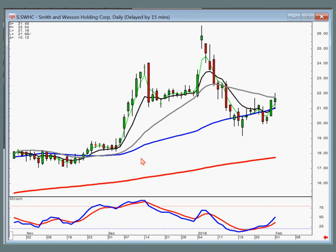Smith & Wesson. You can be buying this one right now. As you can see, there's nothing on this chart that gives you any great advantage. All I can say is if you were buying on positive trading tomorrow, then you just can use the T-line as your stop. Verizon,